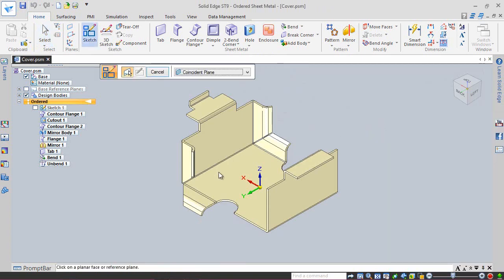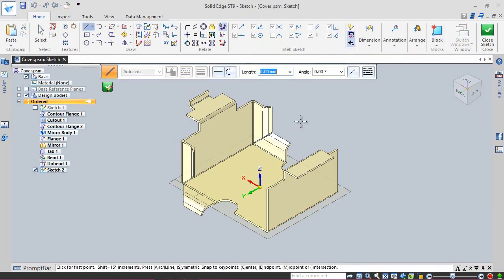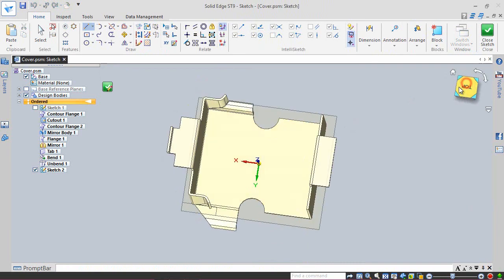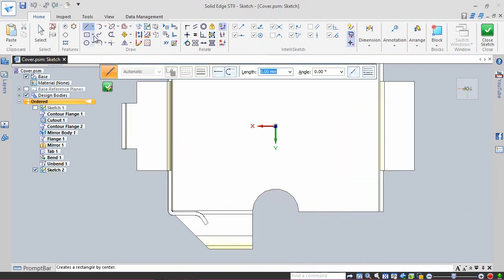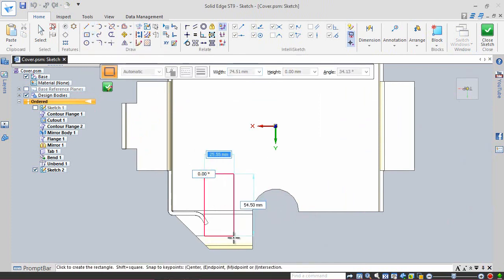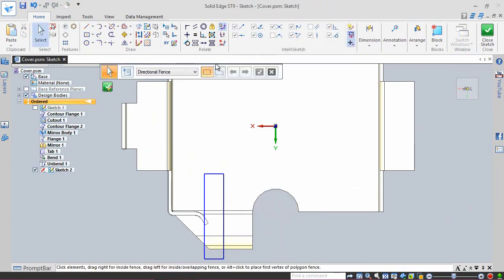Create a new sketch on this plane. Draw a rectangle like this. We will now apply some geometric constraints.